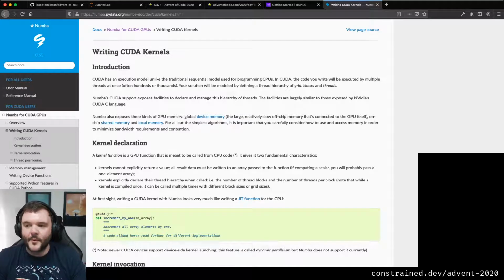If you want it to run multiple times, you do a for loop or something, and it calls that function over and over. Whereas on a GPU you have this idea of a grid, blocks and threads, which takes a little while to get your head around. What it basically means is I'm going to call this function lots of times at the same time, and the GPU handles doing all of this in parallel because it is a parallel processor.